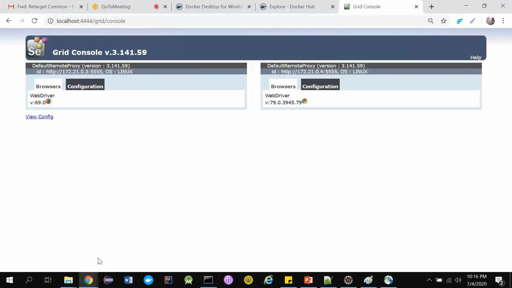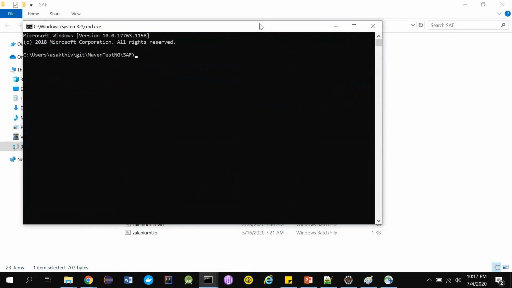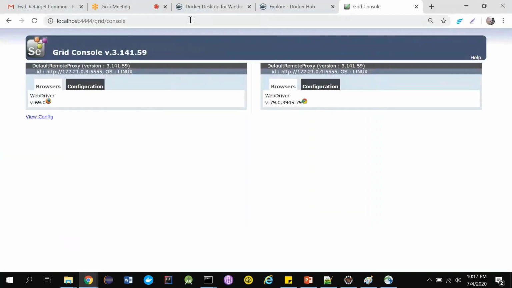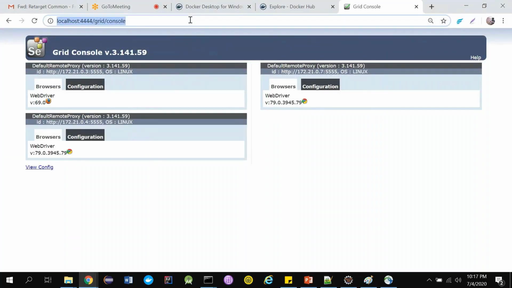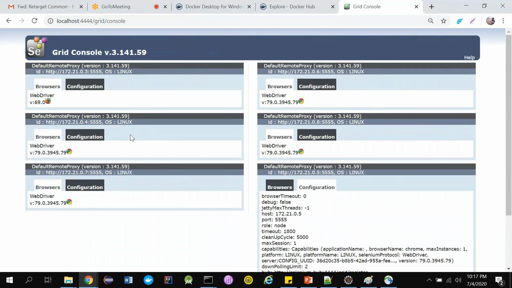So we go here, compose scale Chrome equal to 5. We already have one. It will create 4 new. Let's see. Trying to create all the remaining ones. Yeah, so it has created another one. If you see 1, 2, 3, 4 and 5, yeah, we have 5 Chrome containers now available.